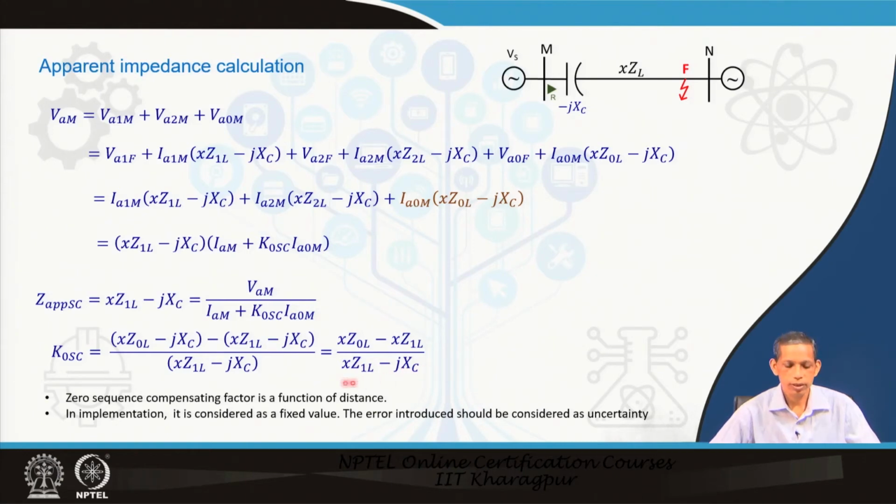That means that you can say that this is no more the case for the normal transmission line, and the jXc plays a role in this one. Also, being a function of the distance, this cannot be exactly found out. So in much of the literature you will find that they take a fixed value for this jXc, and use the error part as uncertainties in the measurement in the system, and accordingly that is adjusted.